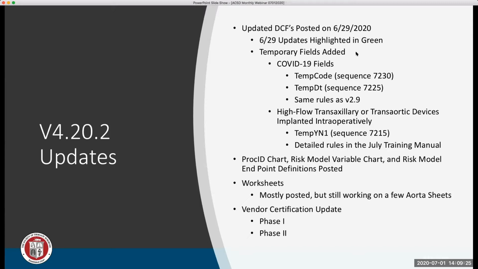And we did add in temporary fields. We added back in the 2 COVID fields, which is the temp code and the temp DT, sequence 7230 and 7225. You'll find these in the risk factor section, which I think is section F. It's on my next slide, I think, and I'll go over that. And it's the same rules that we used for version